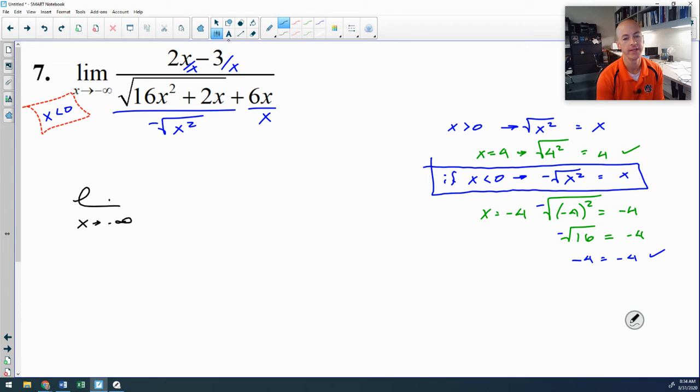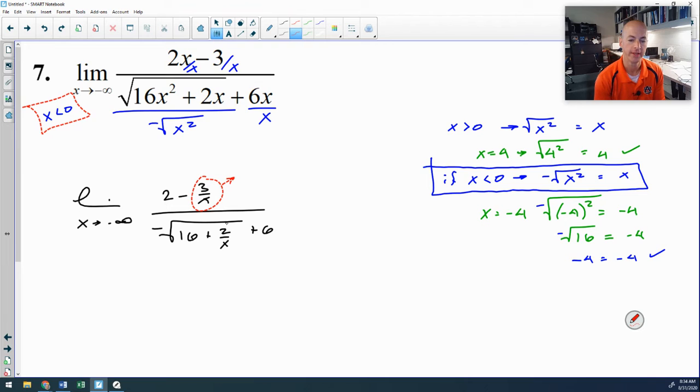So if x goes to negative infinity, the numerator will simplify to 2 minus 3 over x. The denominator, 6x over x is 6. That's the easy part. Now for the big square root, I have a negative in the denominator, so I'm going to put that negative out here. 16x squared over x squared is 16. 2x over x squared is 2 over x. And as x goes to infinity, a number over infinity will approach 0. So those are each approaching 0, which gives me 2 minus 0 over the negative square root of 16 plus 0 plus 6. That ends up being 2 over negative 4 plus 6, which is 2 over 2,